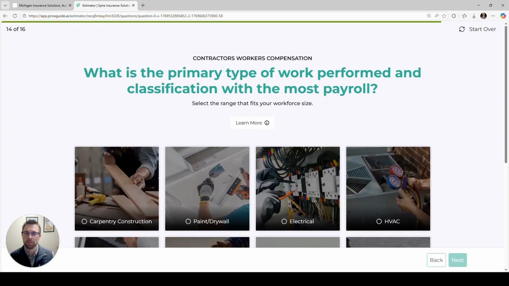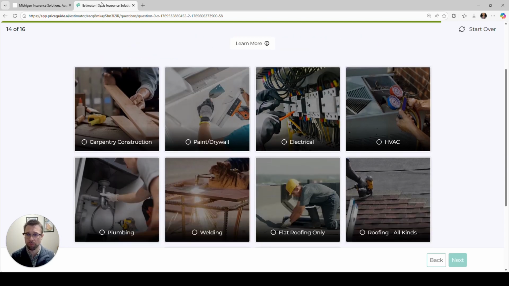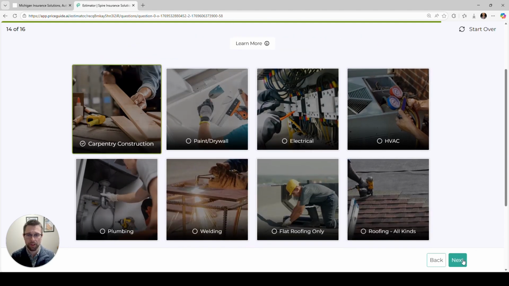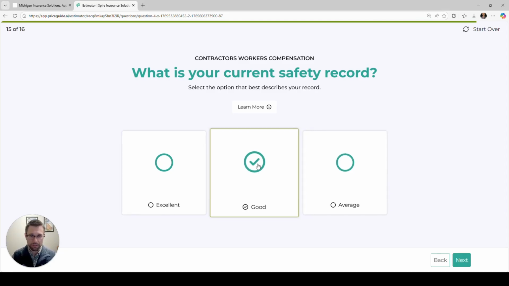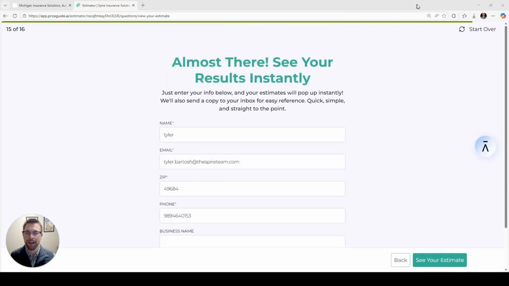So we have the workers' compensation now. Same story with the general liability. If you have multiple trades listed on your workers' comp classification, choose the one that has the most payroll. And so for these purposes, we're going to stick with the carpentry. And when we ask about your current safety record, do you have a high frequency of claims or a high severity of claims? Or are you all OSHA trained and following safety manuals, things like that? Let's just say we're pretty good. We could always be better. Now the final piece. We had a couple of quick questions there, pretty painless, and we're going to go ahead